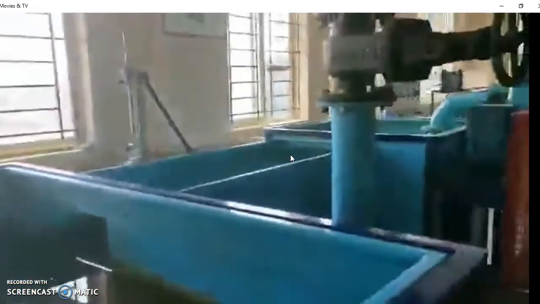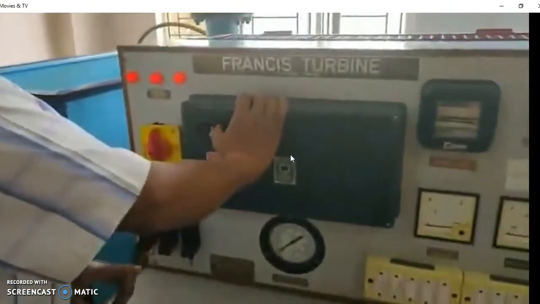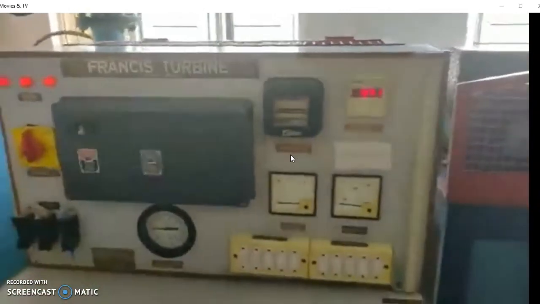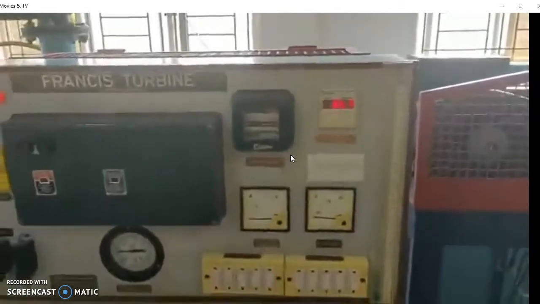Now the head has been set to 0. We will switch on the mains. Once the mains are switched on, switch on the console and then start the turbine. Just wait for some time. Let the turbine attain